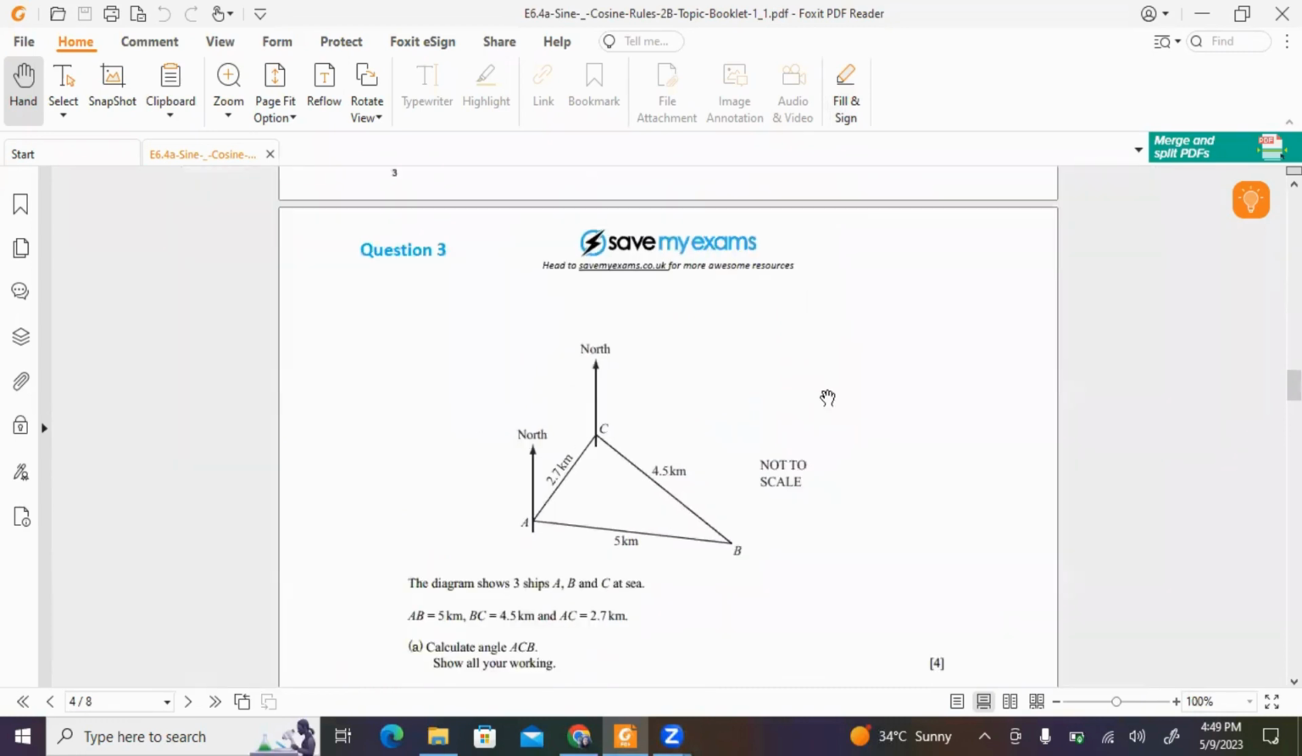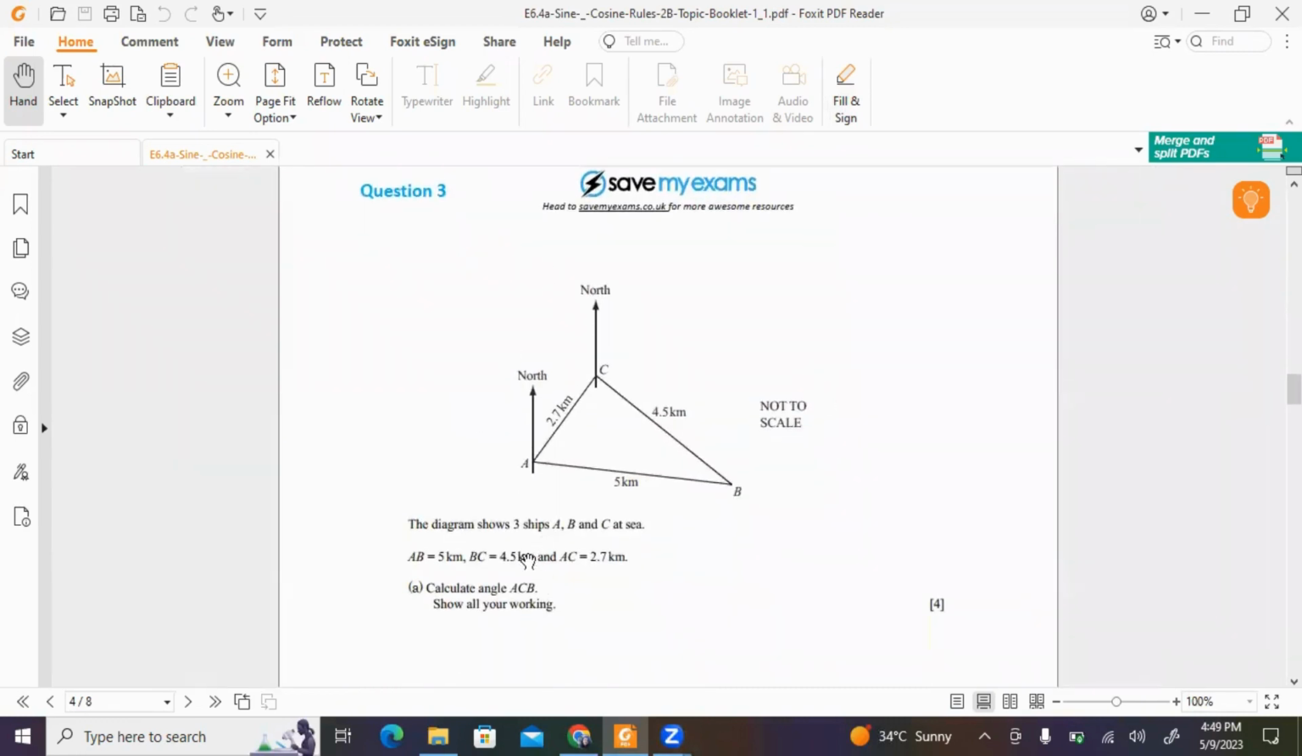Question 3 says that the diagram shows three ships A, B, and C at sea. AB is given as 5 kilometers, BC is 4.5 kilometers, and AC is 2.7 kilometers. Calculate angle ACB and show all your working. As you can see, since we have all three lengths, we can use the cosine rule. Since we have to find the angle,